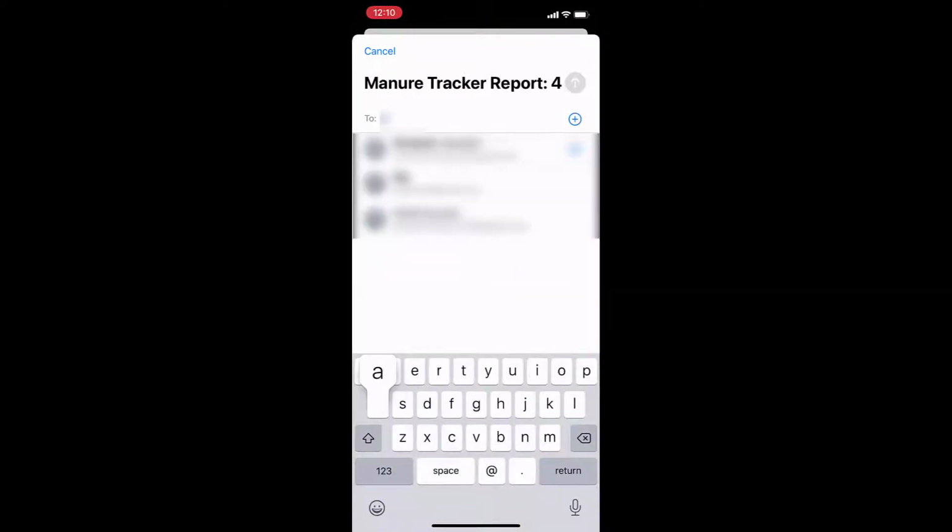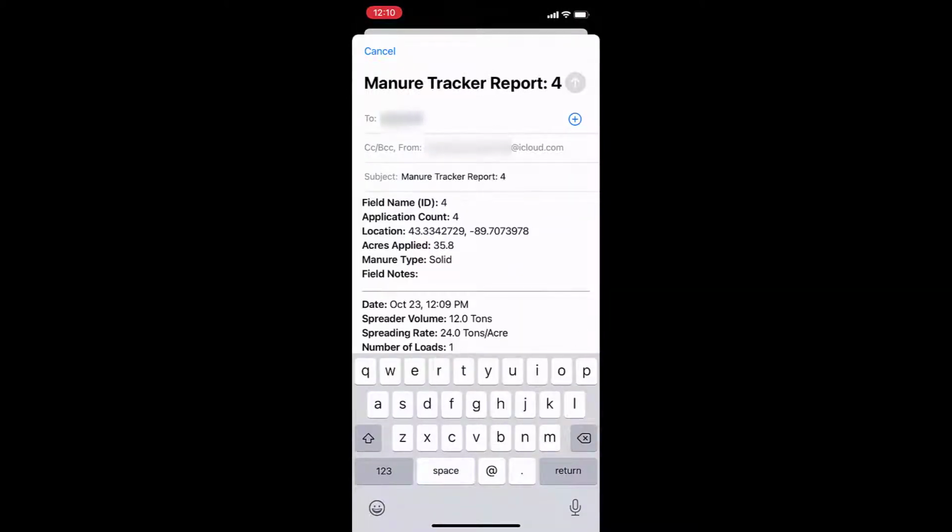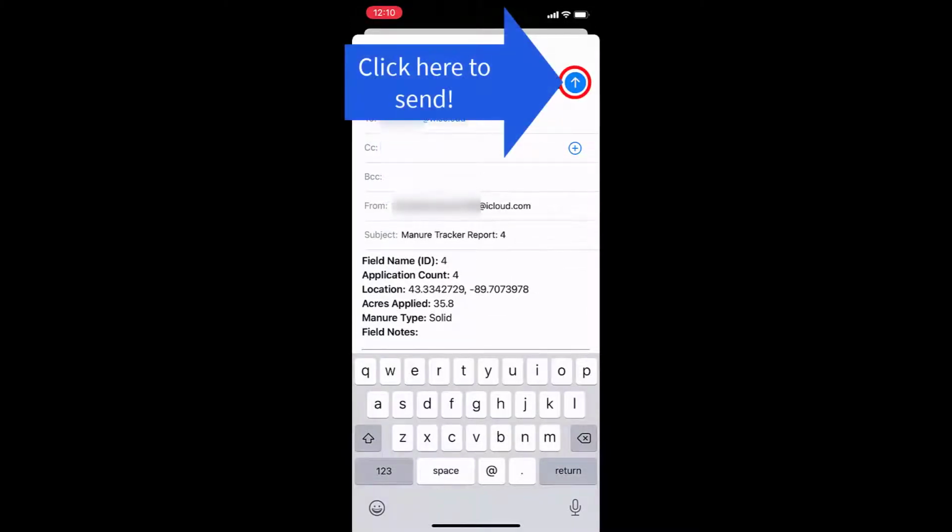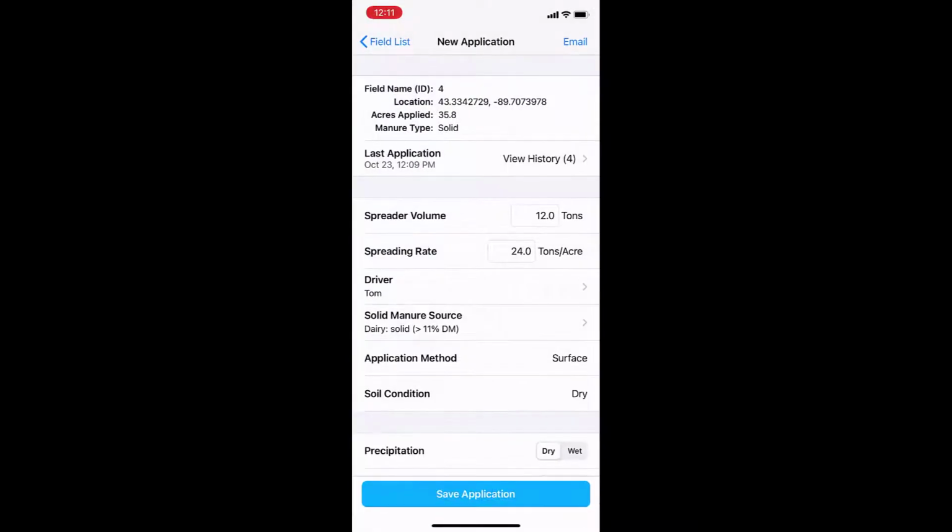This operation will create a CSV file of your field data that you can then email to yourself or your planner to be saved in a spreadsheet or imported into SnapPlus. Be sure to do this often so your records are backed up somewhere safe in case you lose your smartphone.